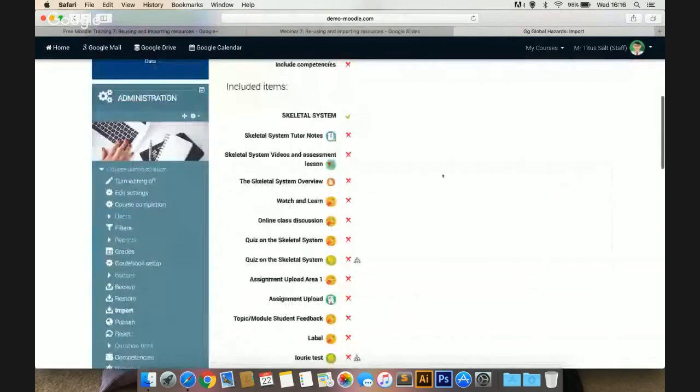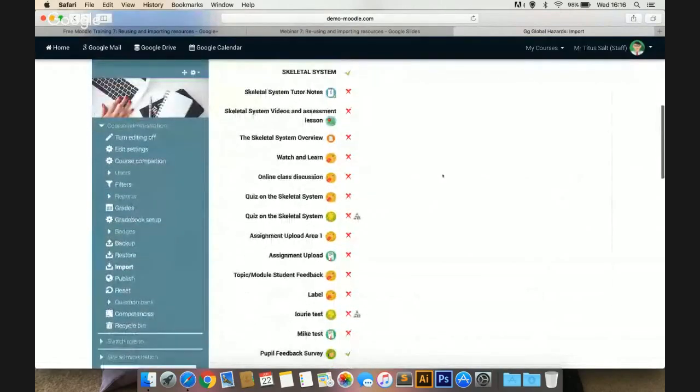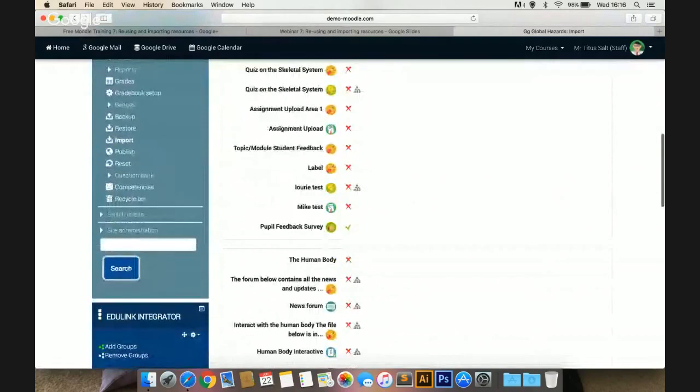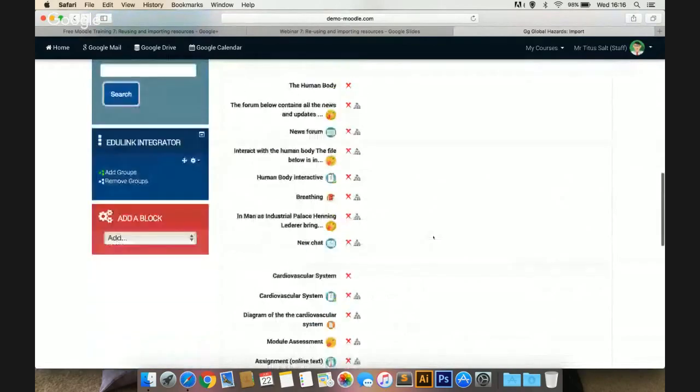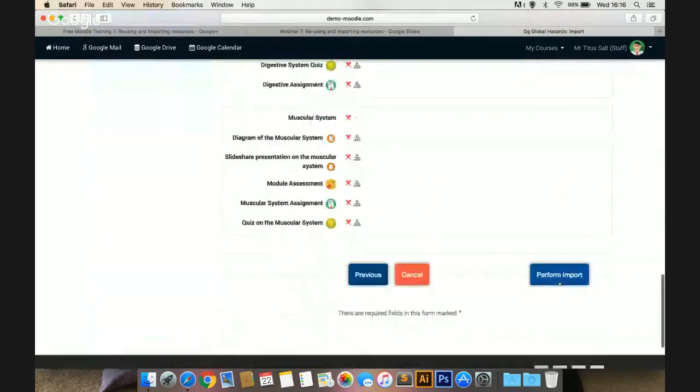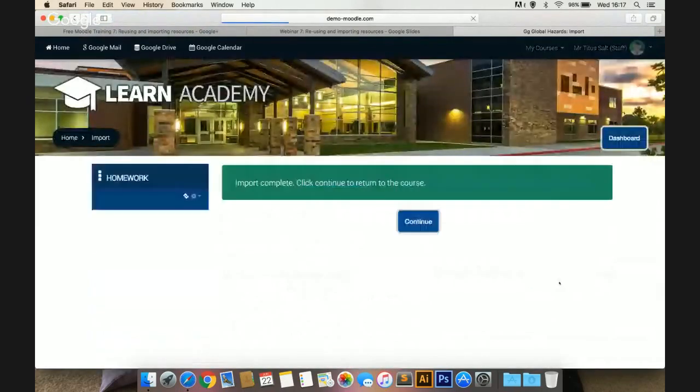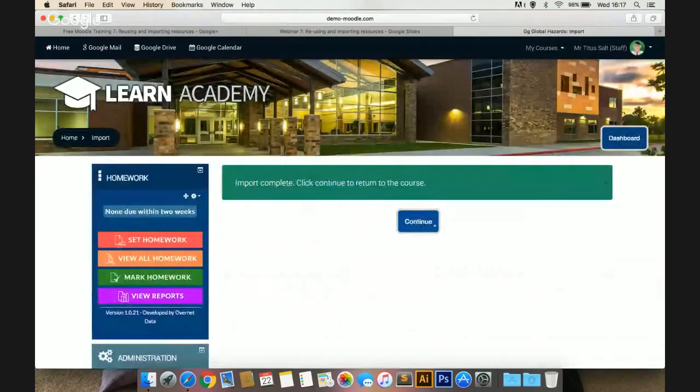And then you've got this little confirmation page here, so it shows you what you've selected. So you can see that the pupil feedback survey is ticked, so it is selected. And I'm just going to click on perform import. So in my geography course, I should have a pupil feedback survey. So if I click on continue,